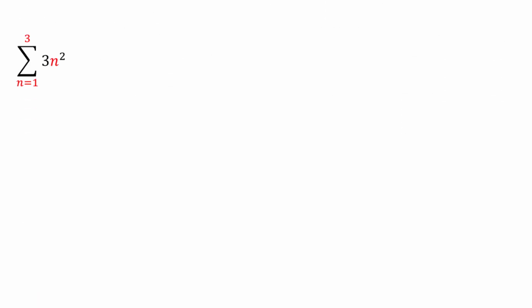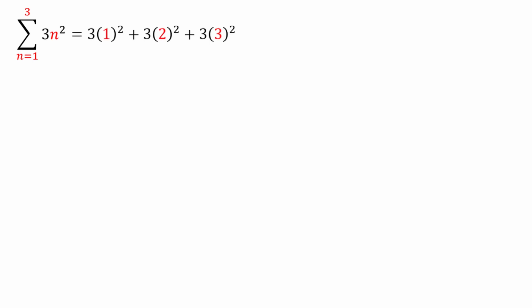If you have a coefficient on one of your terms in the sum, you can pull it out. For example, if you have the sum from n equals 1 to 3 of 3n squared, there are two ways you can find the sum. The traditional way is to plug in n equals 1, 2, and 3, so that we would get 3 times 1 squared plus 3 times 2 squared plus 3 times 3 squared, which simplifies to 3 plus 12 plus 27,